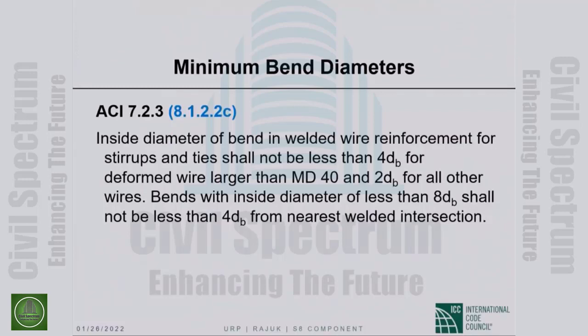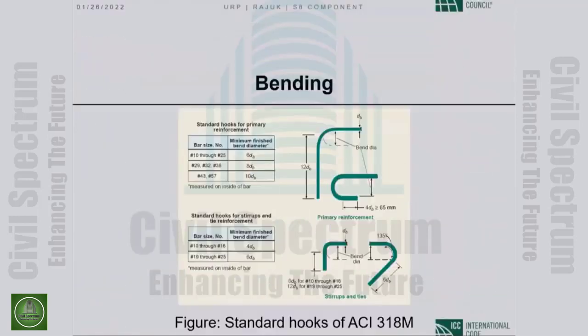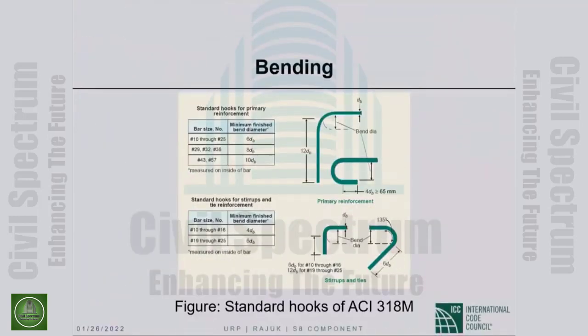This is welded wire reinforcement. As I said, I will simply skip. Please read it if you are interested. This is a summary of everything that has been said. You saw this picture already. These are standard hooks on longitudinal bars. The 90 degrees plus 12 bar diameter extension, or 180 with an extension of 4 bar diameter, but not less than 65 millimeters. The standard hooks for stirrups and tie reinforcement, it can be a 90 degree with